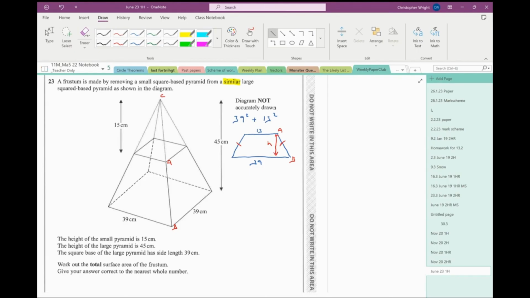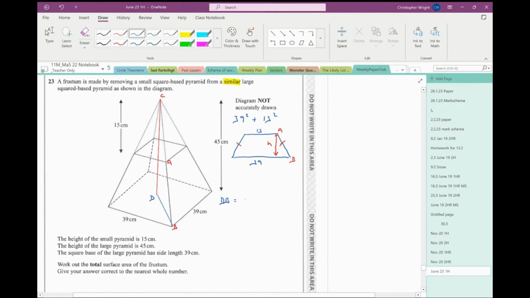I'm going to do that by dropping a perpendicular all the way down here to the center of the base, and then drawing this blue line here. Now that blue line is half the diagonal. So the length of the blue line, which I'll call DB here, is half the diagonal. So DB is going to be,